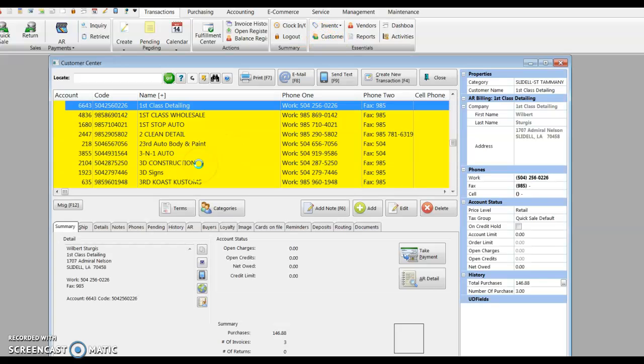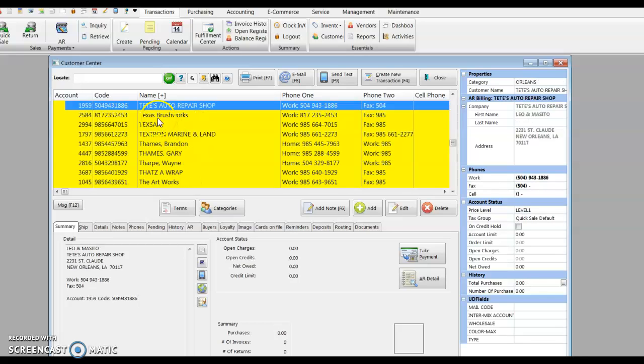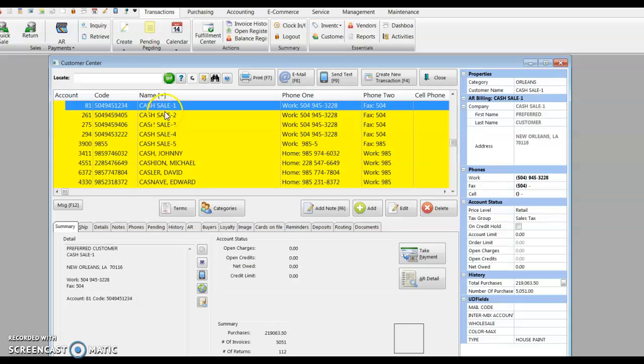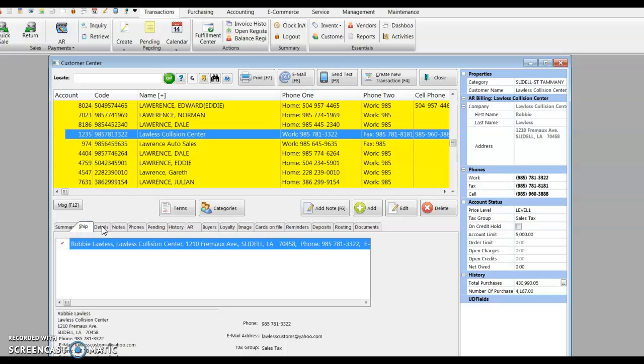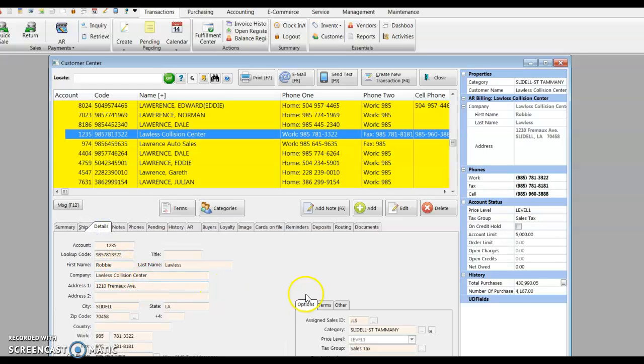Alright, so here's the customer screen pops up. I think I have a customer here, so it's a cash customer. And so we have that here like a generic account setup. We have others. Look right here, and we have summary of all detail, shipping address, some details,